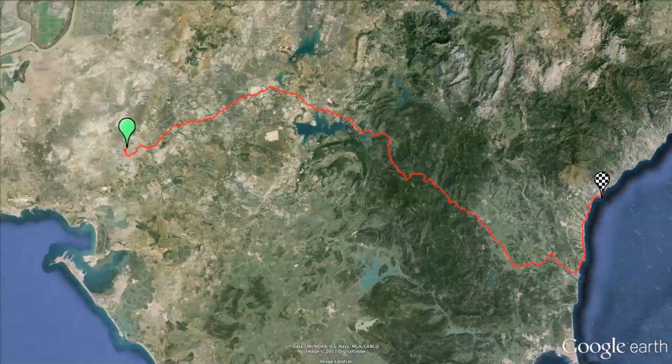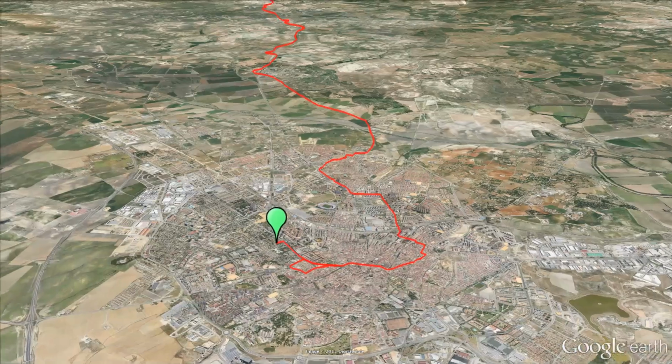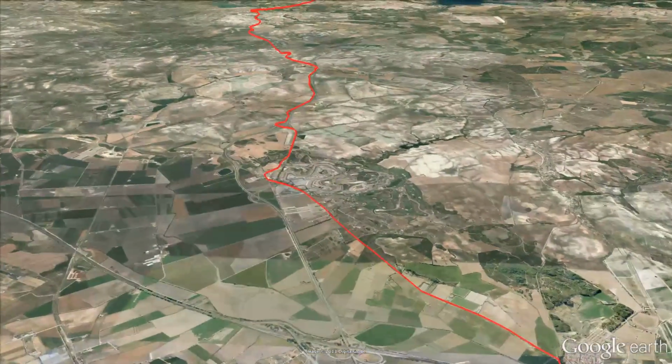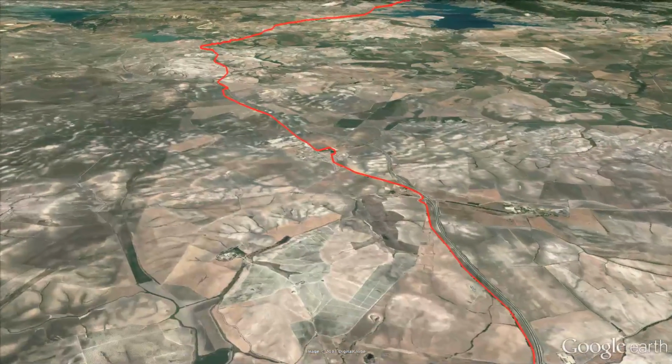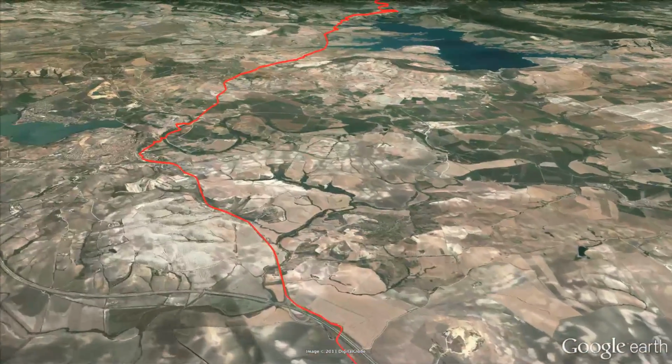A morning breakaway will be able to get a big gap to the peloton, as the first 152k of the stage are pretty flat. This and the next 2 days in Andalusia are vital for the general classification, and it's important to save energy and spare your teammates whenever possible, especially with the extreme temperatures in southern Spain at this